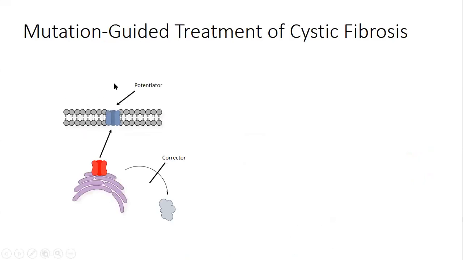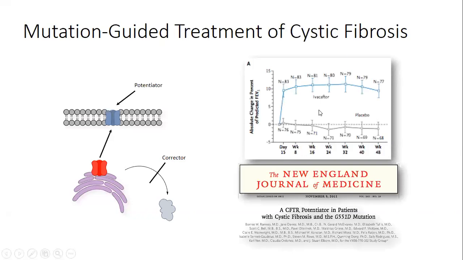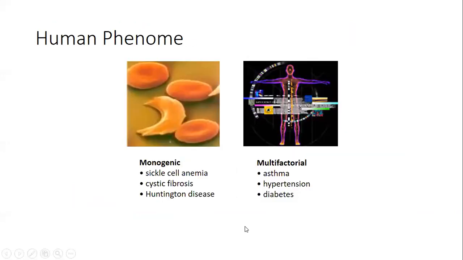Or in cystic fibrosis, a chloride channel, there are so-called correctors that prevent degradation in the proteasome, or potentiators that enhance chloride channel function in the presence of mutation. The first FDA-approved drug, ivacaftor, you can see a dramatic improvement in pulmonary function if you have this particular mutation. And what the community is now doing is whittling away mutation by mutation, finding drugs, either potentiators or correctors, that will achieve this similar kind of outcome.